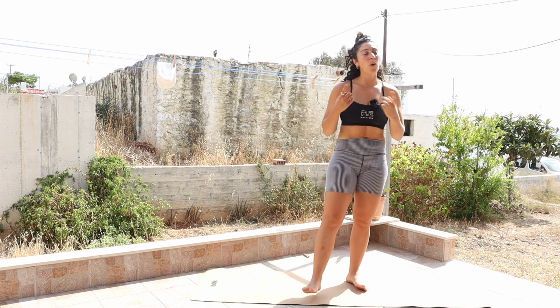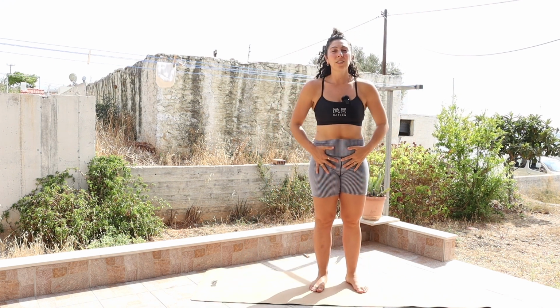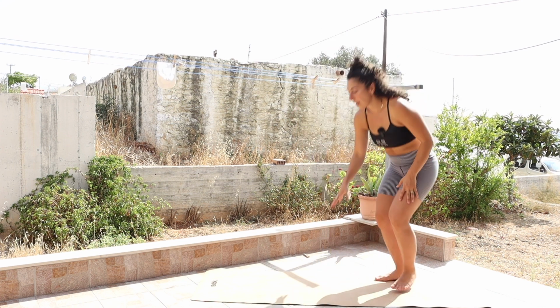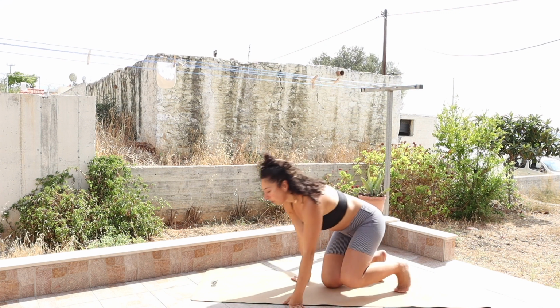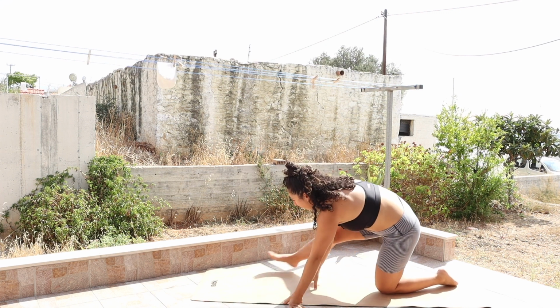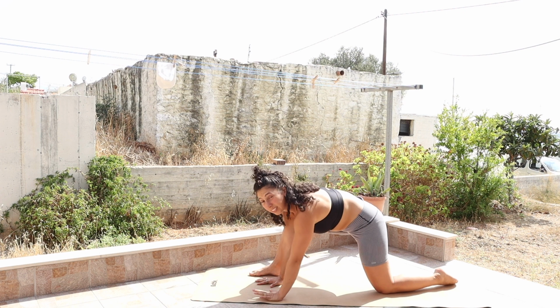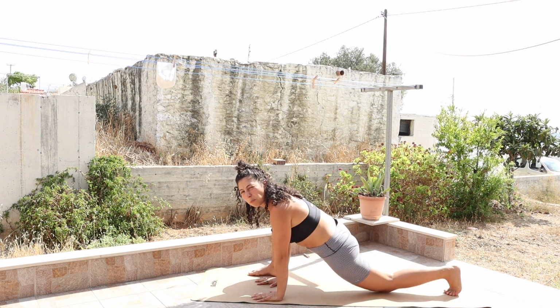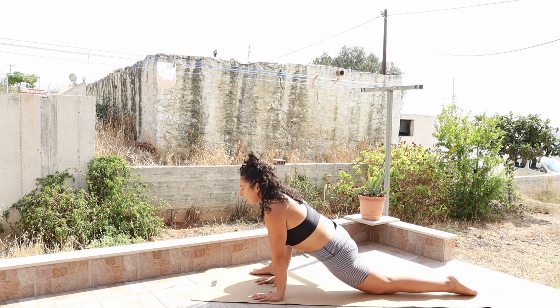And I want to show you one more that I really like to do to target the hips and the back of the legs. So we're going to come down into a deep lunge. So I'm going to bring my right leg forward, my hands come onto the inside of the foot, and I'm going to pick up that back knee and draw it back a little bit more. So again, I'm just going to hang here,